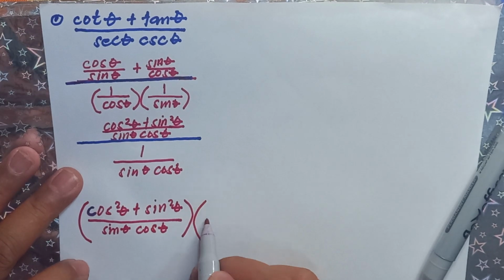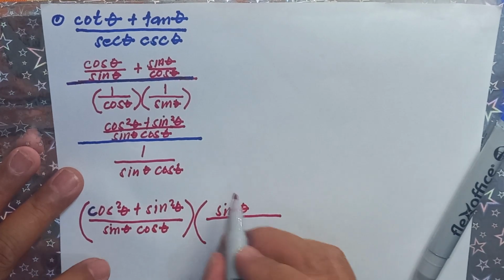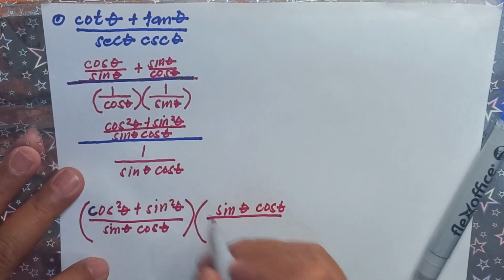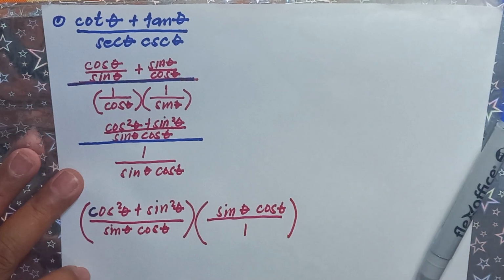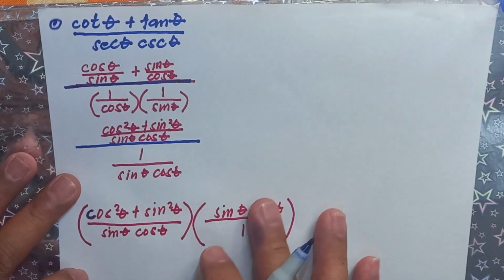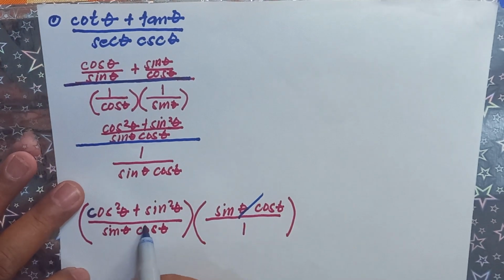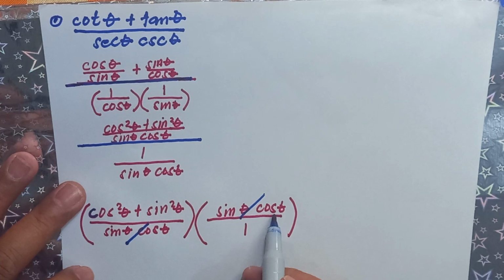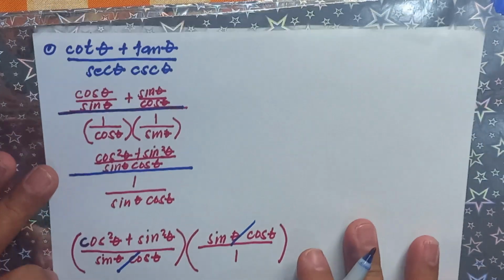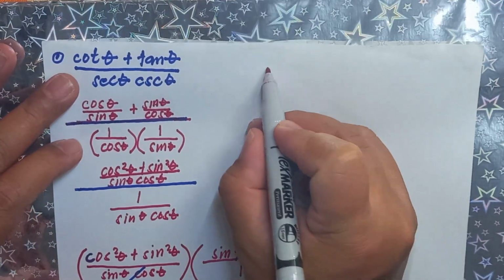Now, what is the reciprocal of this one? The reciprocal is sine theta cosine theta, the reciprocal of this one, over 1. Now, notice that we now have the product, the resulting product. So, notice that our numerator in here can be cancelled out with this denominator. Okay, sine theta cosine theta is the same as sine theta cosine theta. Now, what is left now? Let's try to continue it in here on top. Okay, what is left now is,